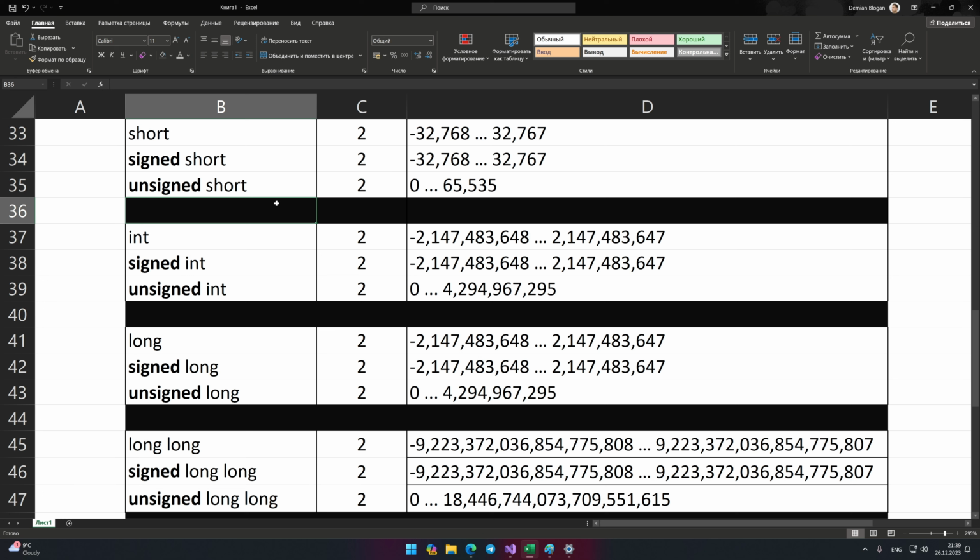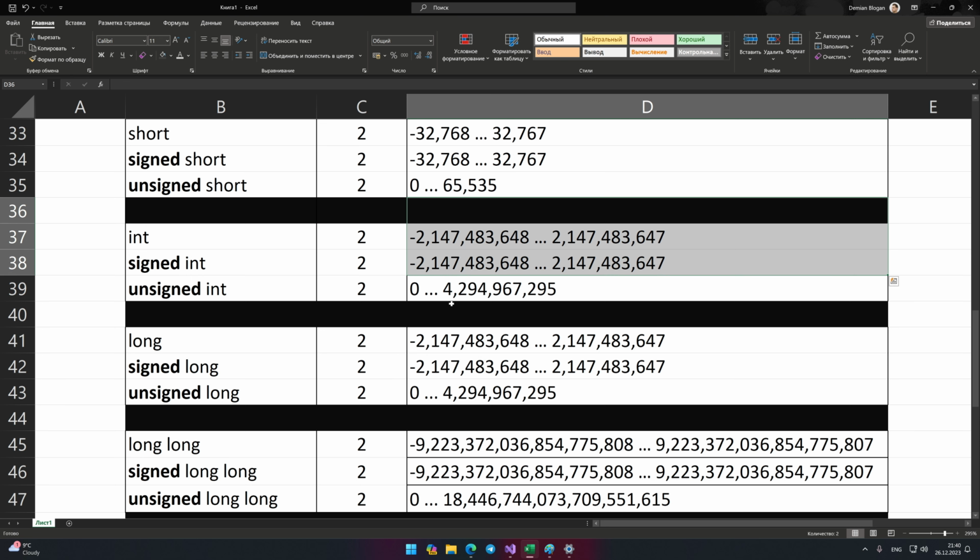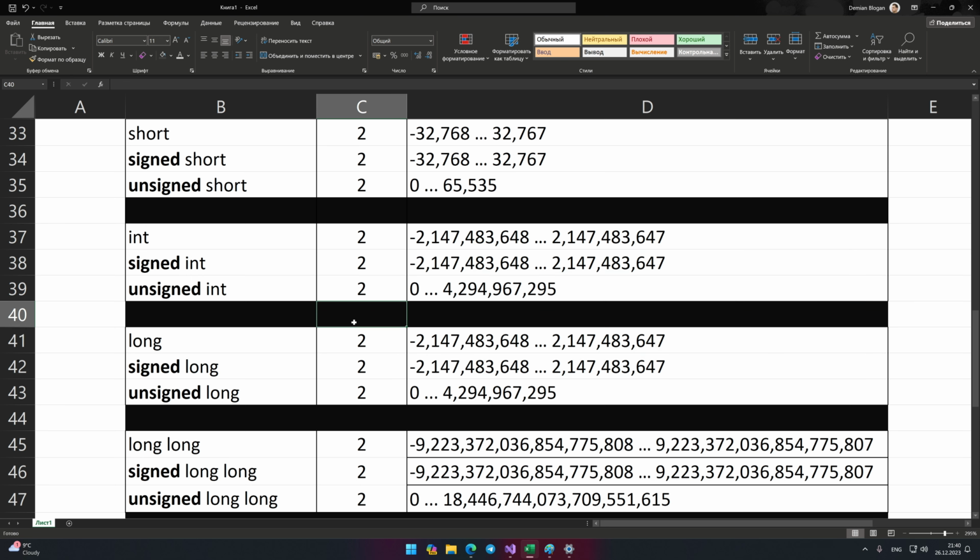In general, the word unsigned means without sign. Sign in this case is the minus sign symbol. Numbers can be with or without a minus. Accordingly, these are unsigned and signed numbers. I think you can already guess what the word signed does. You can add it to an integer type, but this makes no sense since all integer types are signed numbers by default. This word is mainly used with character types.